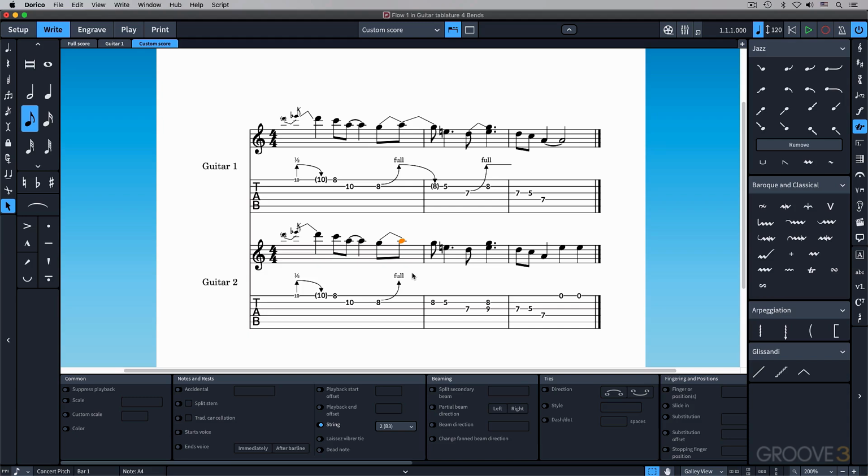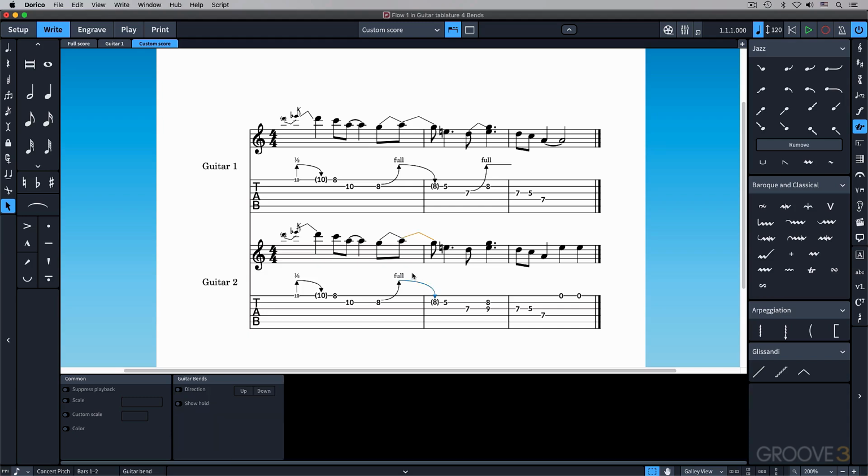And with this selected, I'm going to use that key command. And there it goes. And this key command is going to be very handy if you find yourself notating a lot of bends. Now I've got a D bent up to an E,